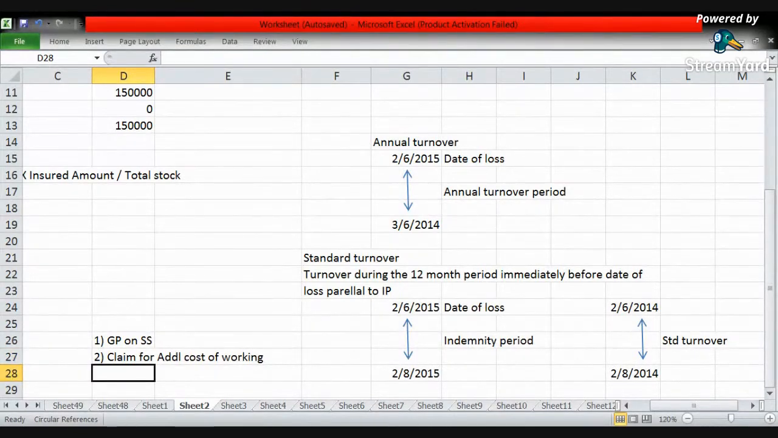It is subject to some 3 conditions. Claim for additional cost of working. First condition, actual additional expense. Second condition, actual additional expense into GP on AAT divided by GP on AAT plus uninsured standing charges. Third condition, GP on